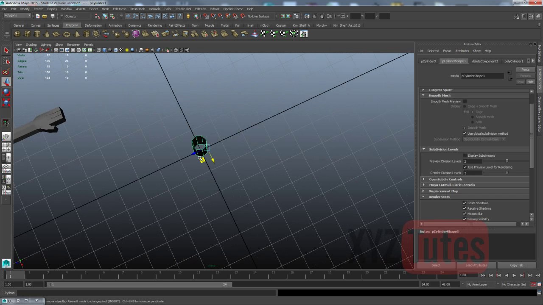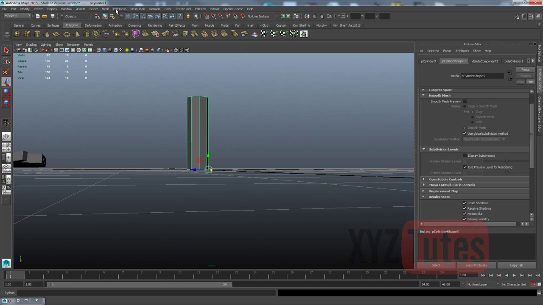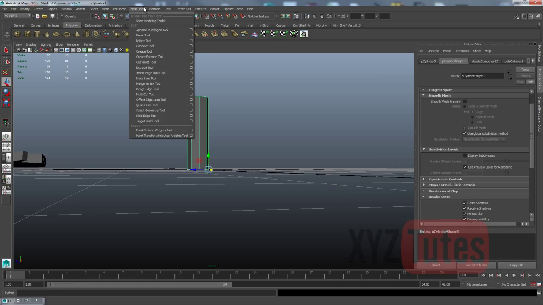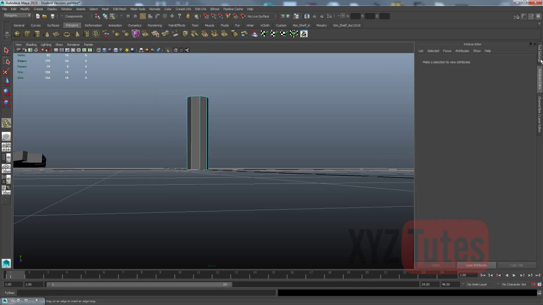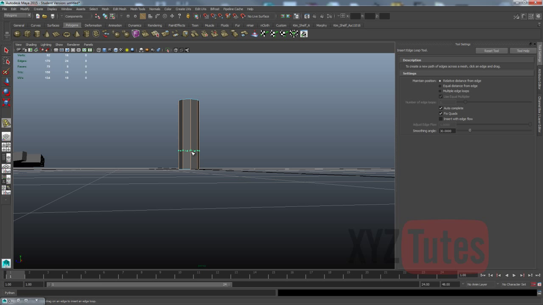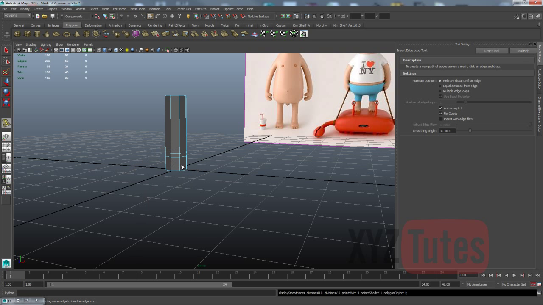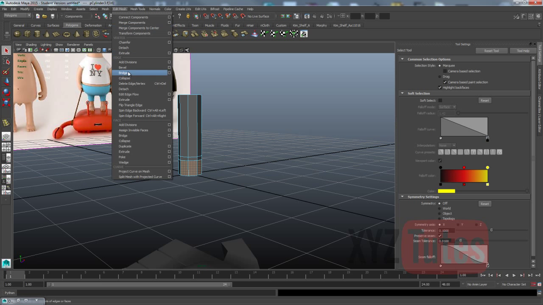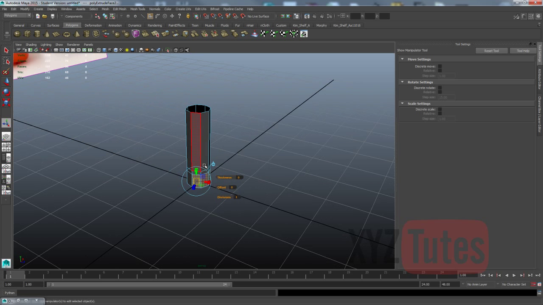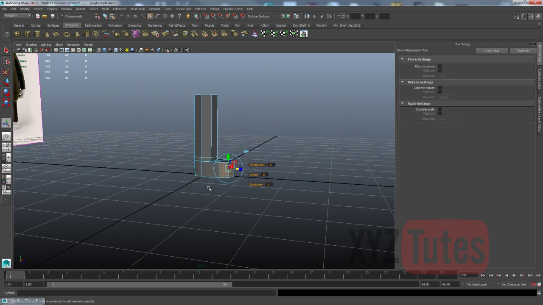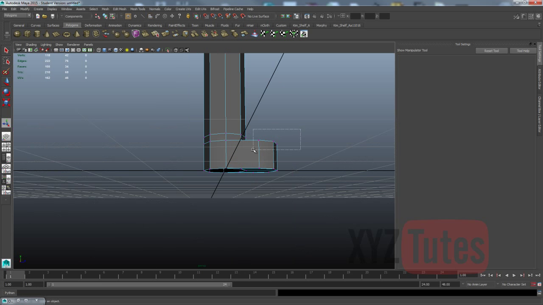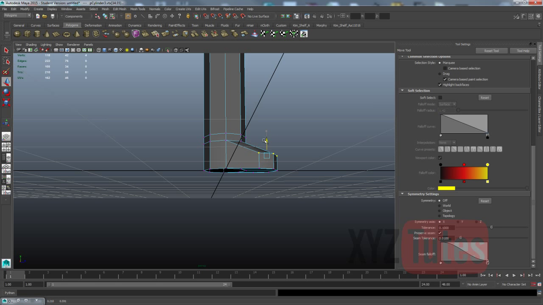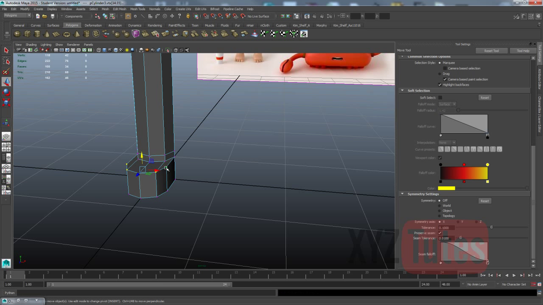So our other cylinder that we've got left over, we are going to put a loop in. So we're going to use the Insert Edge Loop tool, relative, drag that down to here. I'm going to put another one right next to it. Then I'm going to extrude some faces. So grab these faces here, edit mesh, extrude, click on the little power button to change the axes, drag it out a little bit, and then grab these verts, make it taper down a little bit, missed one,